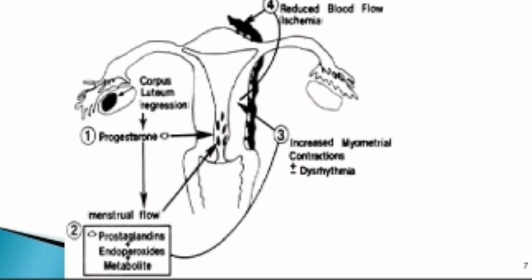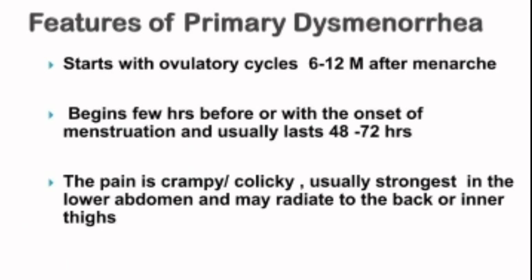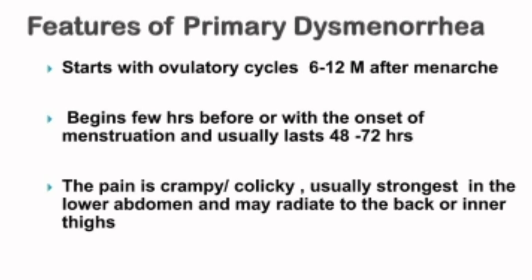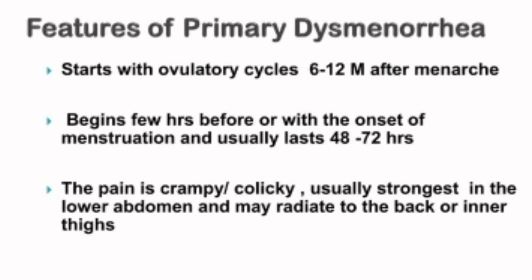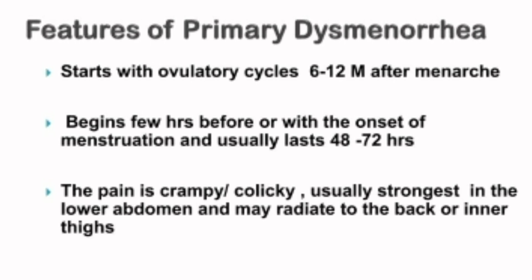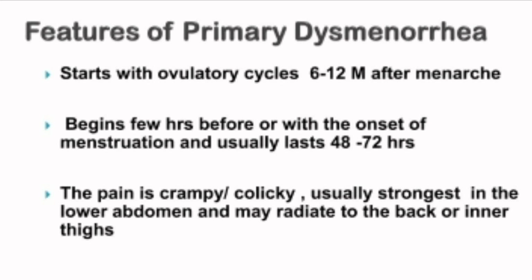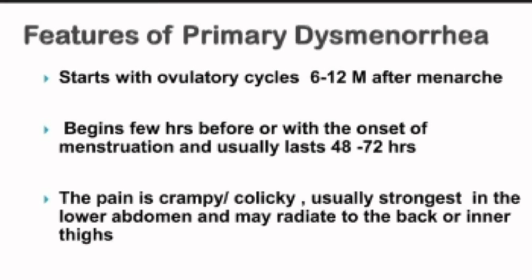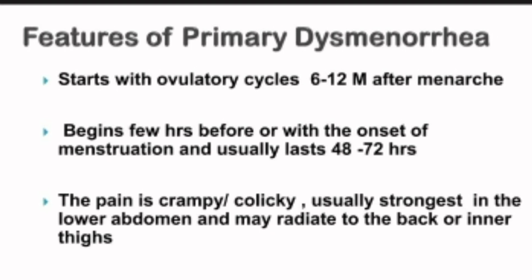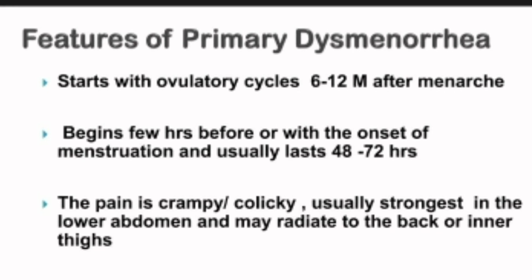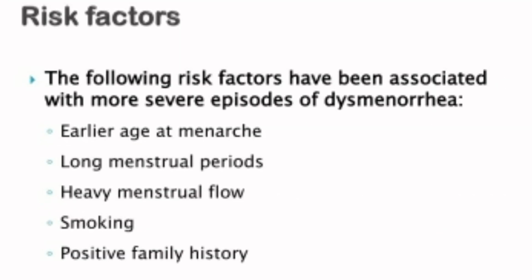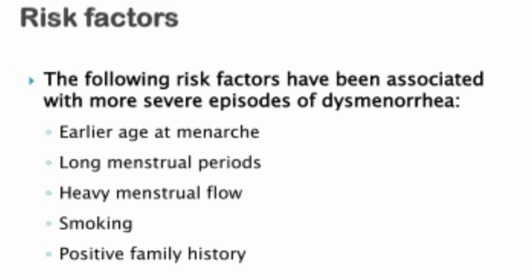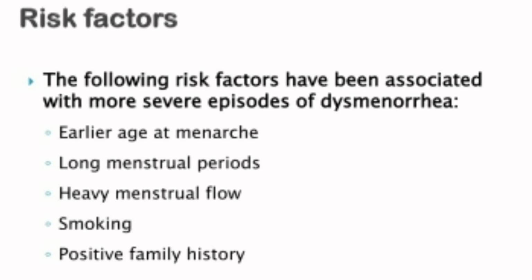Then coming to features of primary dysmenorrhea. It starts with ovulatory cycles 6 to 12 months after menarche, then begins a few hours before or with the onset of menstruation and usually lasts 48 to 72 hours. The pain is crampy, colicky, usually strongest in the lower abdomen and may radiate to the back or inner thighs. Risk factors of primary dysmenorrhea: early age at menarche, long menstrual periods and heavy menstrual flow, smoking and